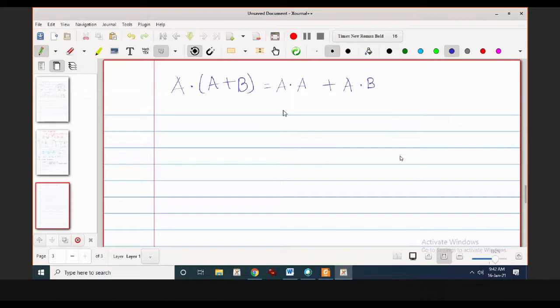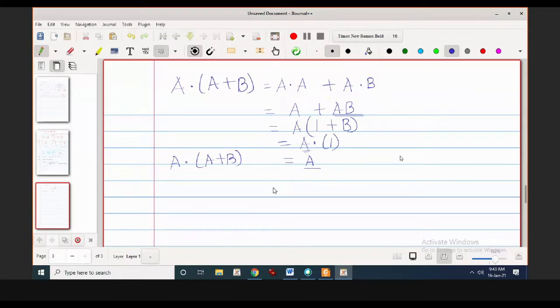Now we know that A into A is same as A, plus A into B, so I can simply write A plus AB. Now what is common over here? A is common, so I take it out. A into, 1 will remain here and B will remain in the second term. We also know that 1 plus B is always going to be 1. So A into 1, and anything into 1 is same as that anything, so it is A. Therefore, A into A plus B is same as A.